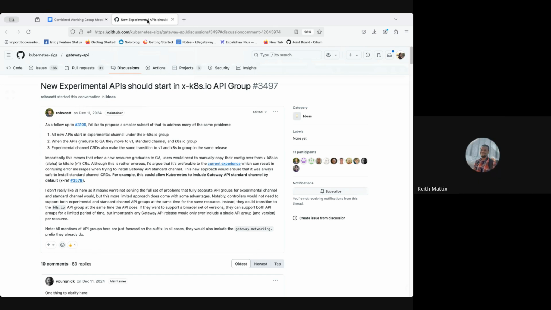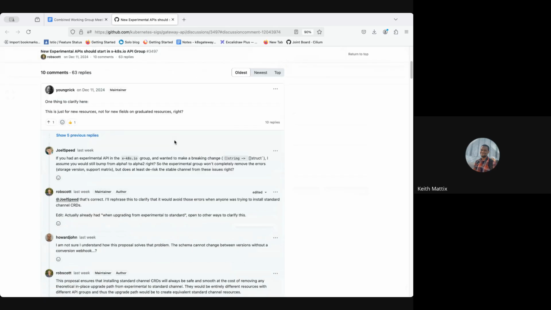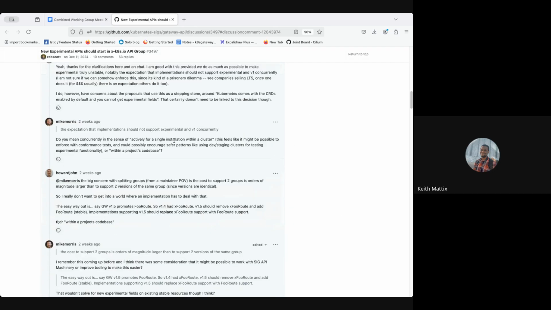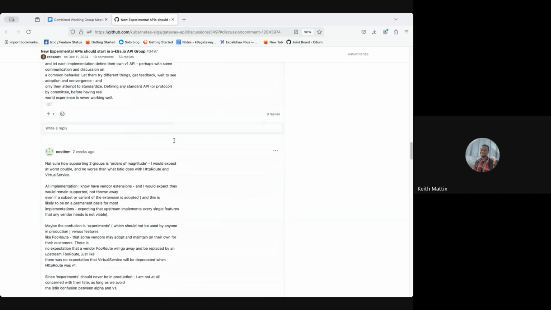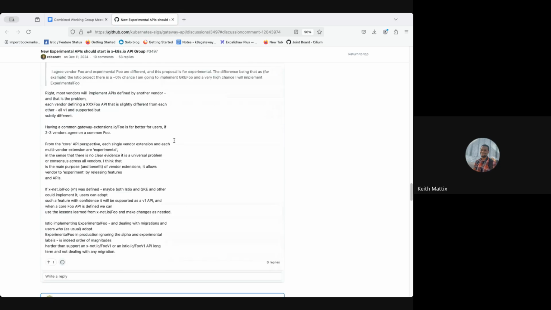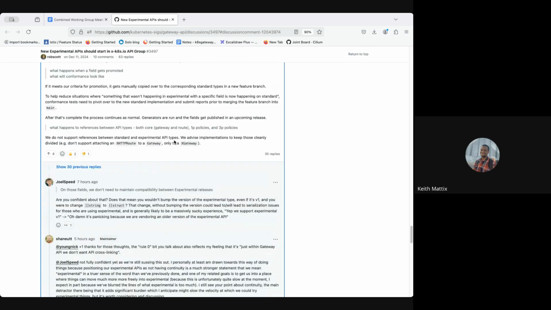That's certainly an option. I think the other part, in reading through the thread, the GitHub discussion on Gateway API, I'm looking at Nick's pros and cons as far as doing nothing, and I look at that to try to understand the current state. The first con is that it's impossible to guarantee there's a safe path from experimental to standard. My probably dumb question is, how does splitting and having 2 sets of APIs give you a safe path?